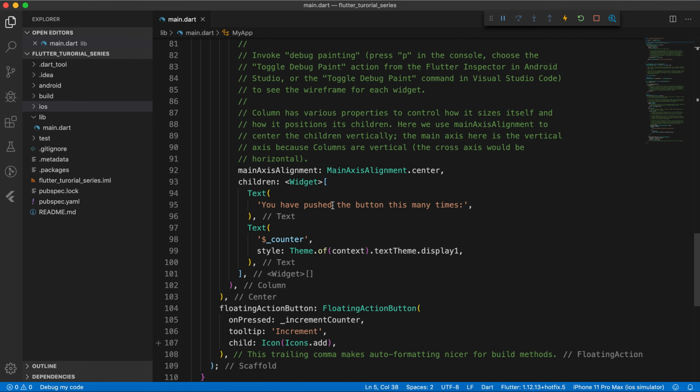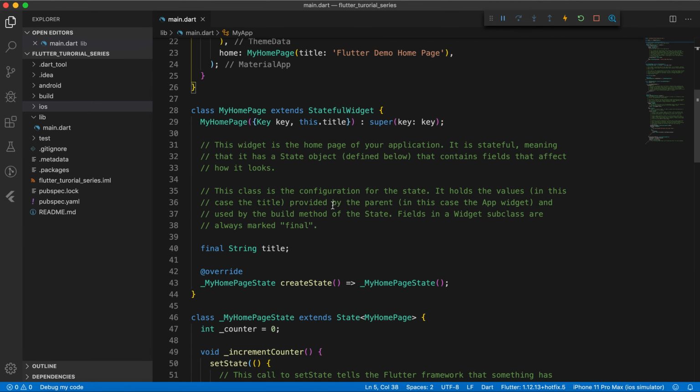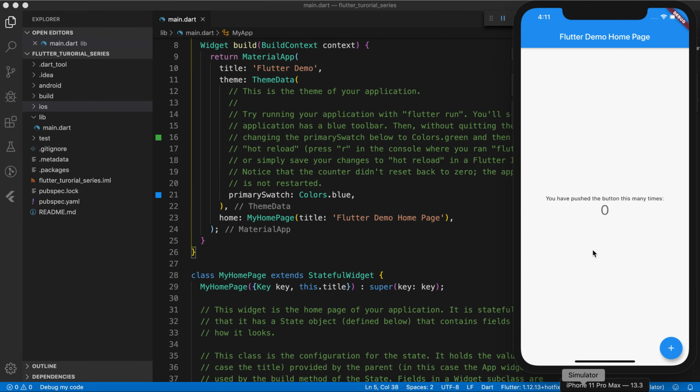I didn't write anything here. This is just boilerplate code. And what the boilerplate code does, you can see our application is up and running. So this is our boilerplate code running here in the iOS simulator. If you click on this floating action button, you can see the counter is incrementing and nothing more in this